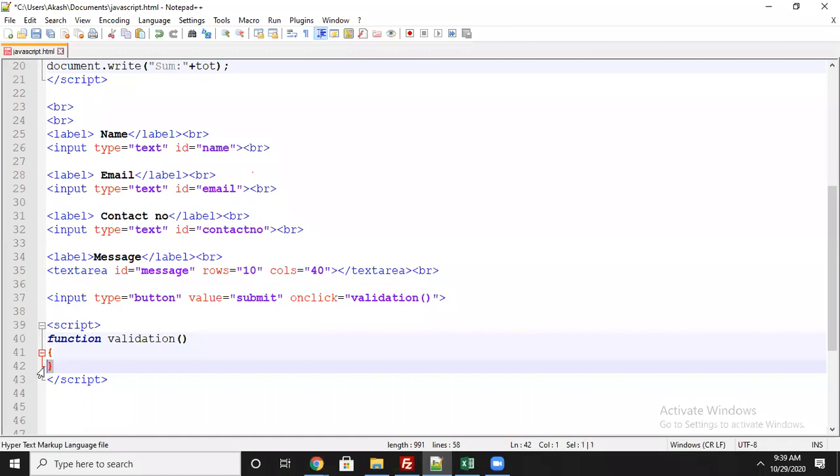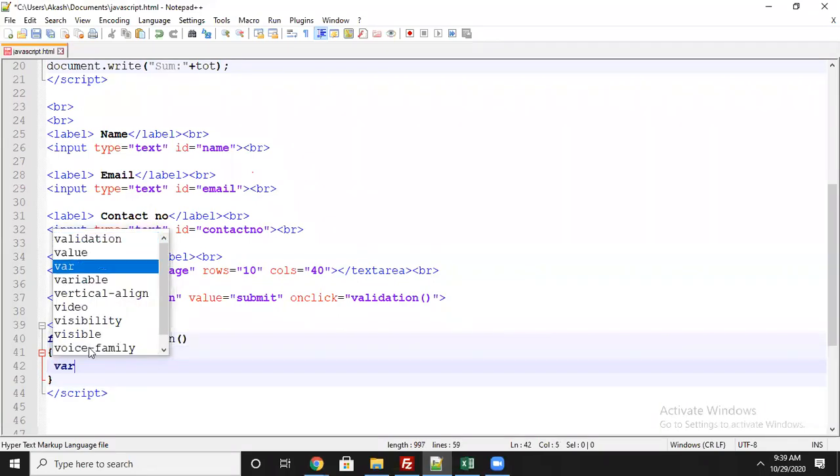Based on your code, this function will work. First thing to be done: I have to capture each variable's value and pass it inside the function.